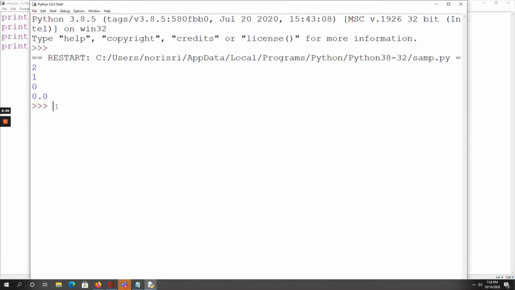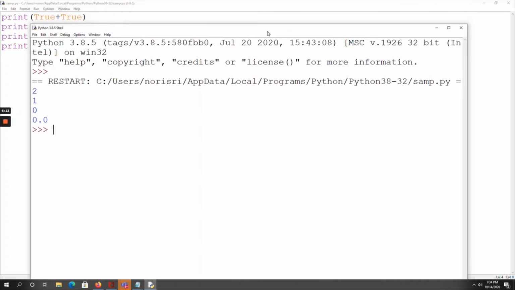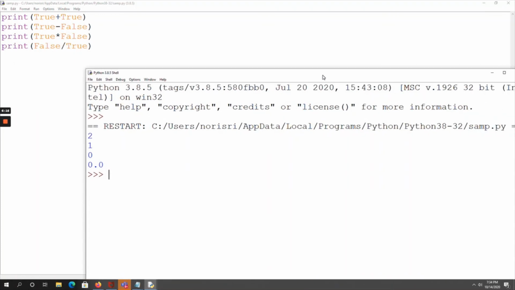See, the output is 2, 1, 0, 0.0. Here, print True plus True: True holds a value of 1, its internal representation, so 1 plus 1 is 2.